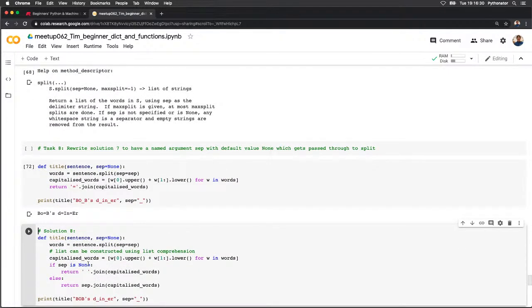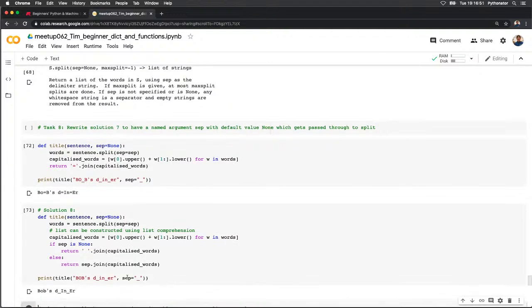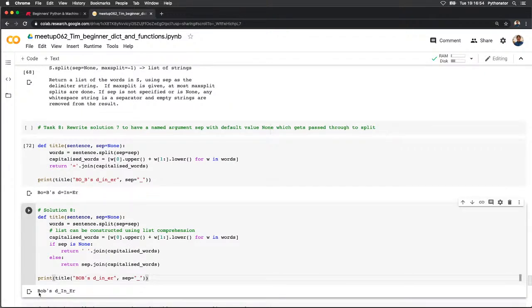Let's have a look at here. Okay, so it wasn't in the task description, but it wants to use sep to join the capitalized words at the end. So it's done everything the same as us, and so let's have a look when we do that. We can see the only two word breaks are here and here, and it's put them back in at the end, and the only capitals are right at the beginning: B for Bob, I for in, and E for